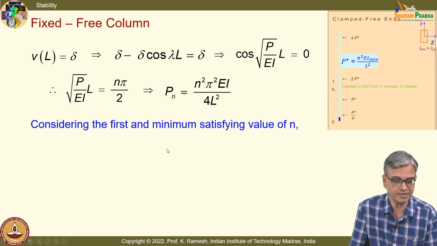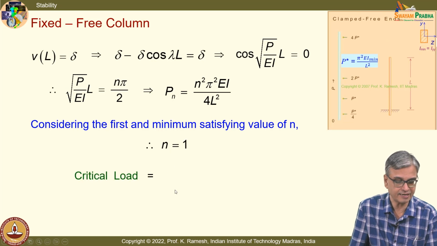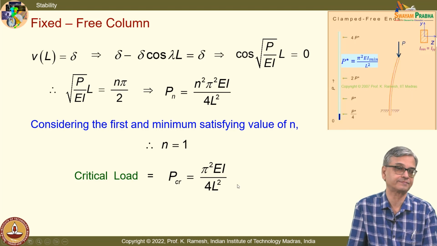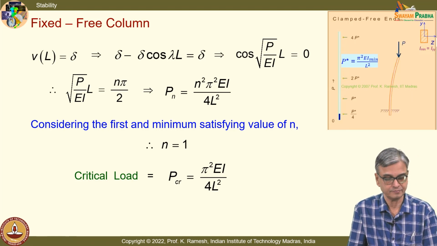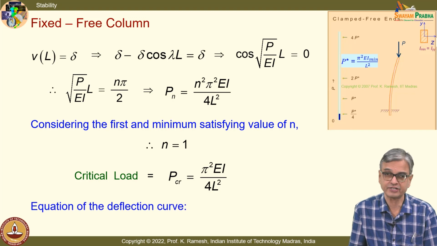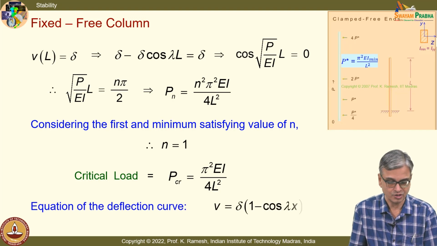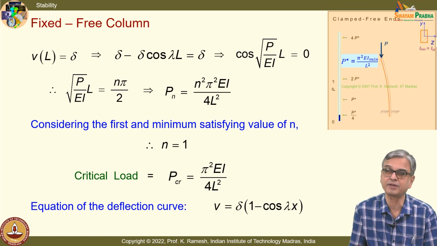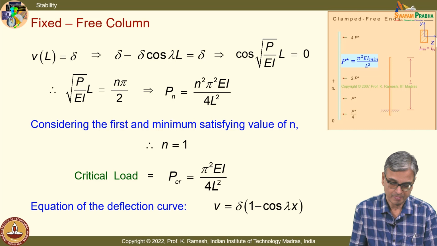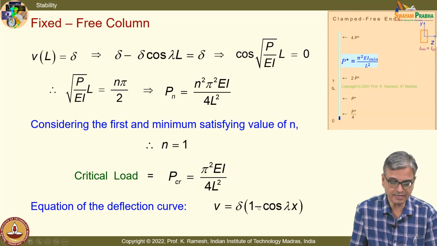Considering the first and minimum satisfying value of n equal to 1, I get the critical load as pi squared EI by 4L squared. Equation of the deflection curve: v equal to delta into 1 minus cos lambda x. So, this is another form of